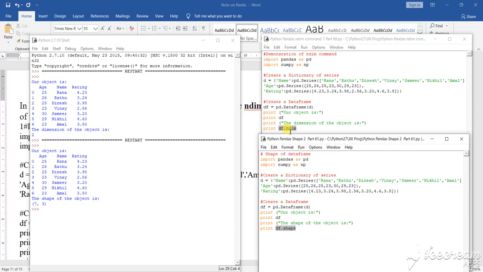As soon as I call the ndim function, how many dimensions from the above and from this side, that means a 2 dimensional figure, it is showing to you. So dimension is 2, and from here we find what the shape is. That means how many rows and how many columns. There are how many rows? There are 7 rows. And how many columns are there? 3 columns are there. So 7 rows and 3 columns make up your particular program. So if you increase it,